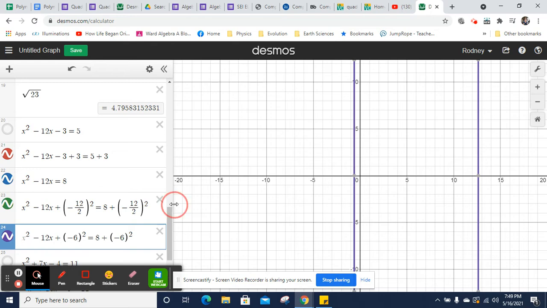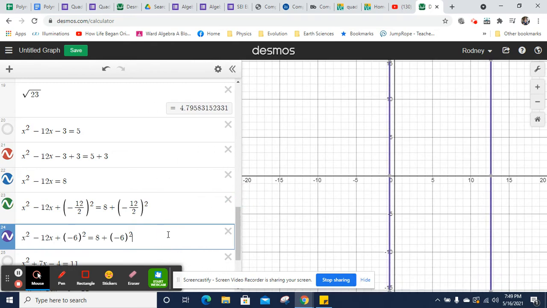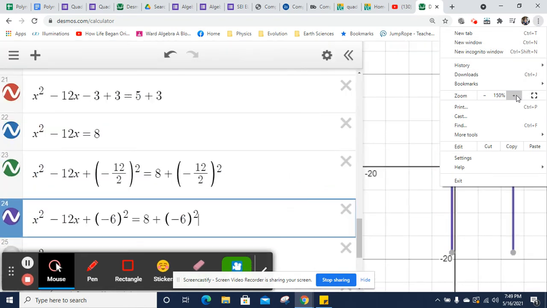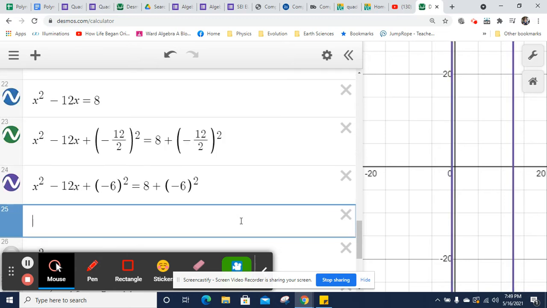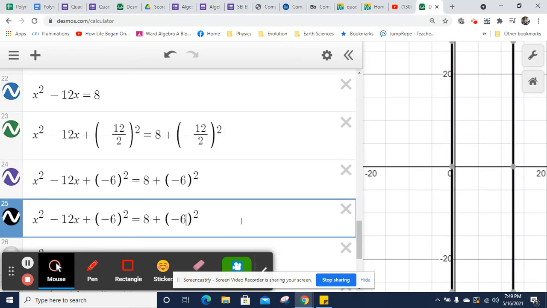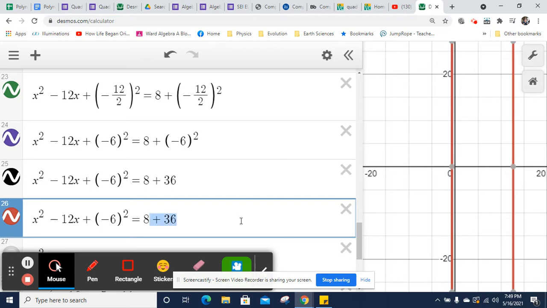Let me stretch this out a little bit. There we go, so we can see everything. I'll also blow this up a little bit too. Okay, so now on the right side, I do need to simplify that. Negative 6 squared is positive 36. And then I can put that together. That's going to be 44. 8 plus 36 will be 44. And then I'm going to go to my